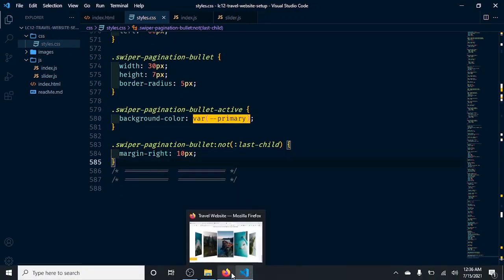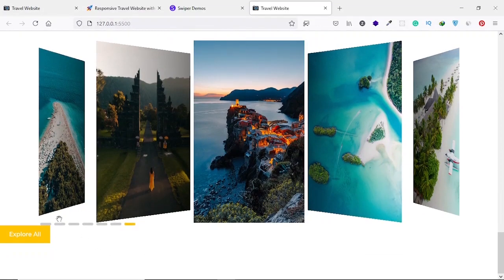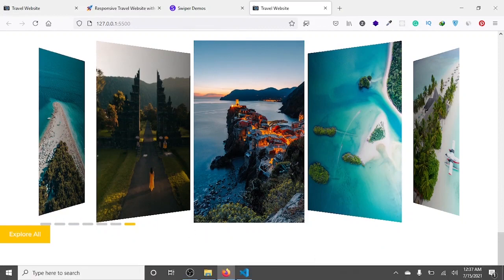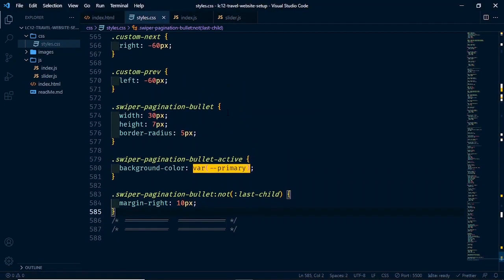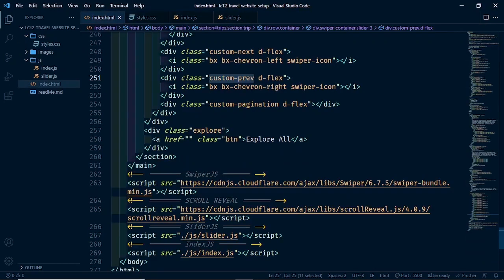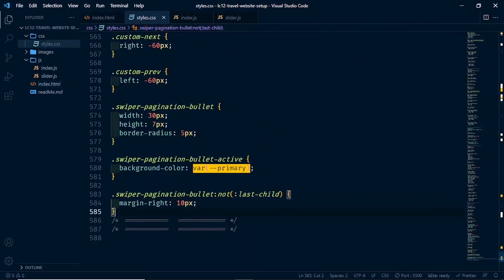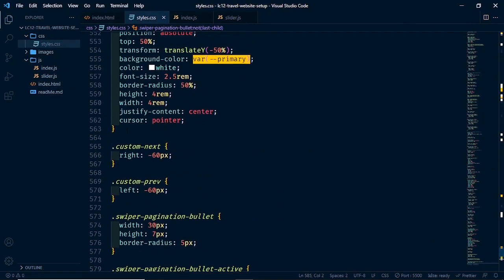Let's go and check if everything is working. All right, now we have the bullet, but it's not in the center. Let's go and see for the bullet. Okay, we need to first select our custom pagination class. So here, let's put it here,